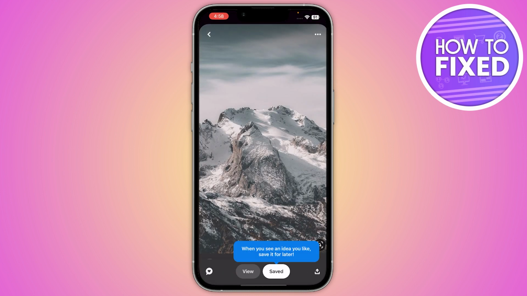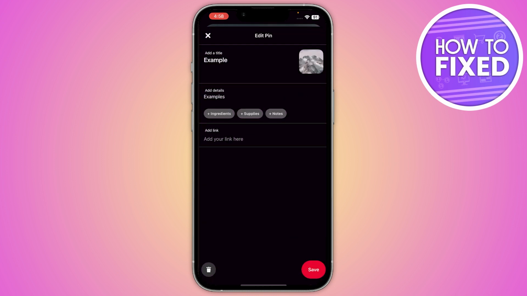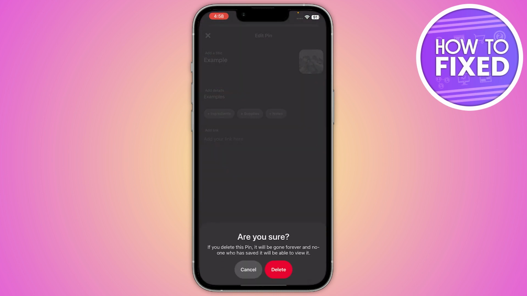Once you click on it, what you have to do is simply click on these three dots that are in the top right corner, and from here you have many options: manage, edit pin, search for visually similar. You have to simply click on manage pin, and from here in the bottom left corner there is the bin icon. You just have to click on it, and here is the confirmation to delete this pin,